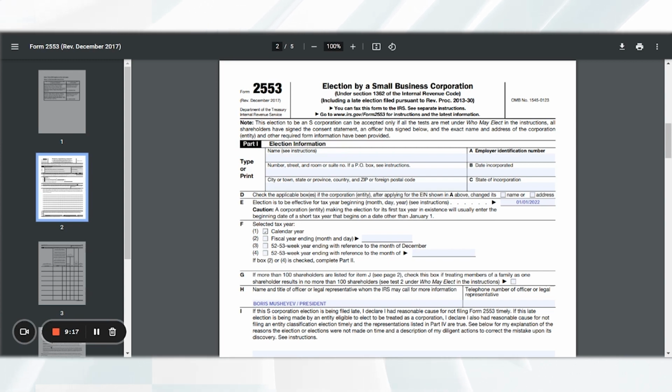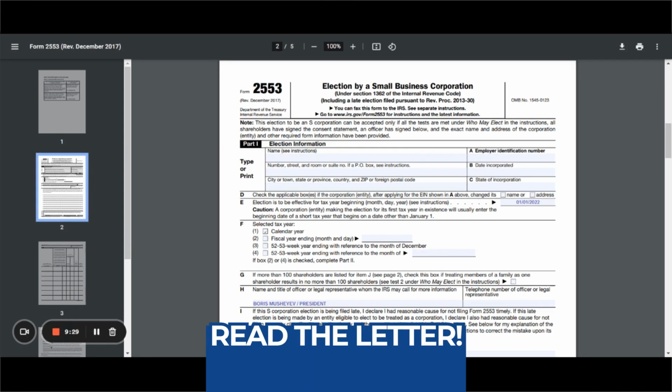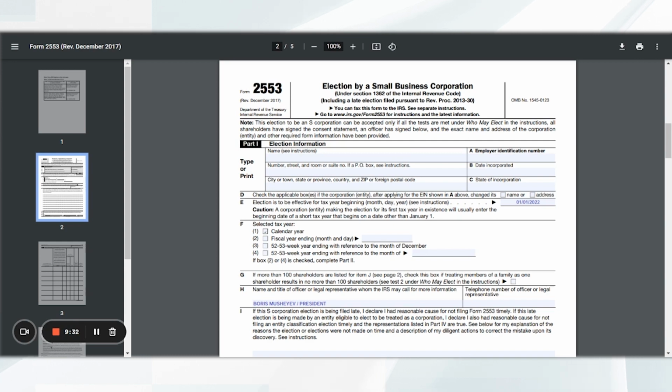It's really hard to say, to be honest with you. But you want to make sure you call the IRS after 60 days if you didn't receive the letter. Like, hey, am I an S corporation? Right? And there's another thing that I wanted to add. When you do receive a letter, read the letter and see if they tell you, hey, we have approved you to be an S corporation as of 1/1/2022 or whatever year you choose. Sometimes there's probably an agent that is angry at life, sitting at the desk, receiving these forms, and by sheer accident puts in a wrong date or year, and then it's such a headache